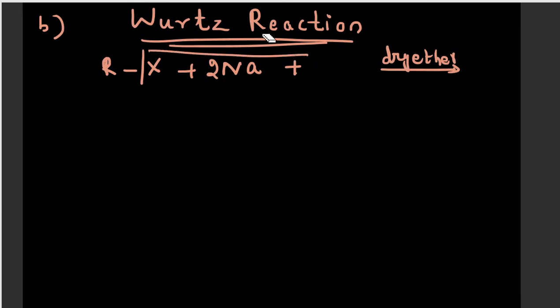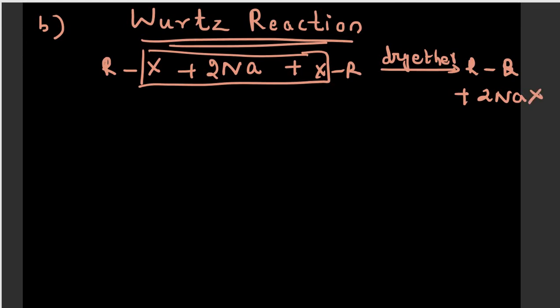So for convenience, we can write this one as XR. This alkyl halide can be written like this. So what will be our answer? We will be getting an alkane plus 2NaX. So here we have got an alkane. Now what is the difference here, or what is the change you can see here? Here we are getting an alkane which contains twice the number of carbon atoms present in the alkyl halide. Here in the case of RX, how many carbon atoms are there? Only 1 carbon atom is there. But here we are getting an alkane which has twice the number of carbon atoms.